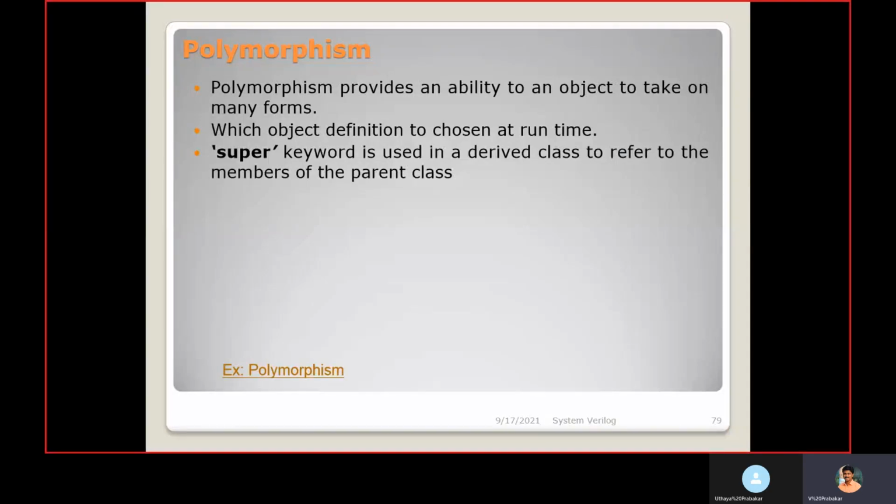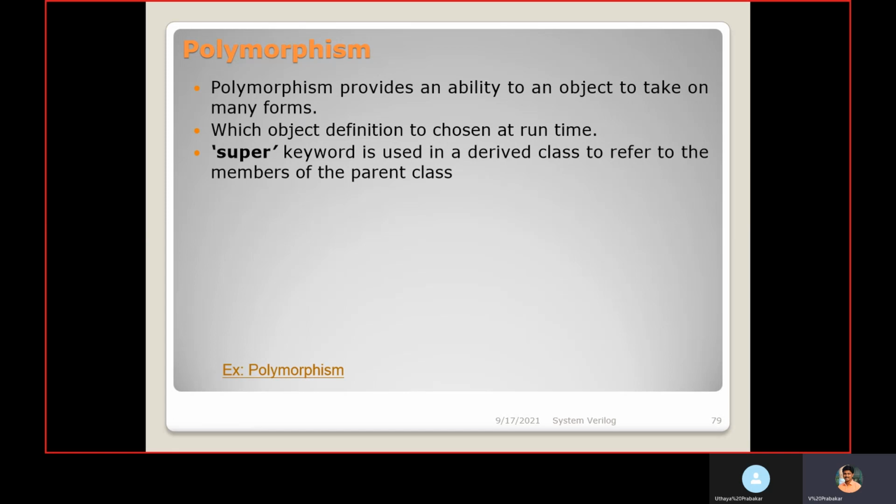Now we are going to discuss polymorphism. It is one of the important concepts. Polymorphism provides an ability to an object to take on many forms. Have multiple child classes.